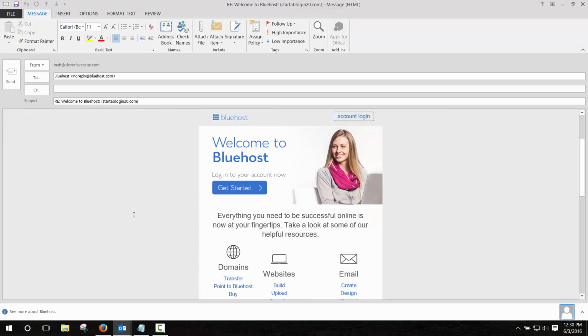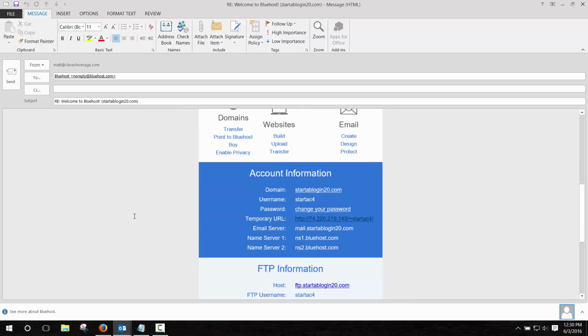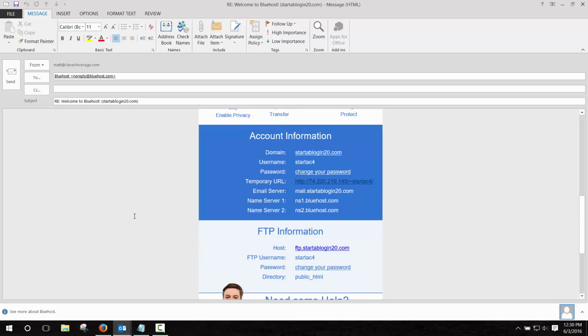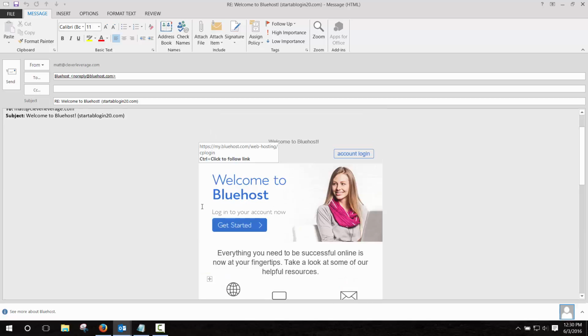So when you first sign up for your account, you'll get a welcome email that has all of your account information in it. Obviously it blurs out the password and things like that, but what you need is this button right here that says Get Started. So if you click on that,